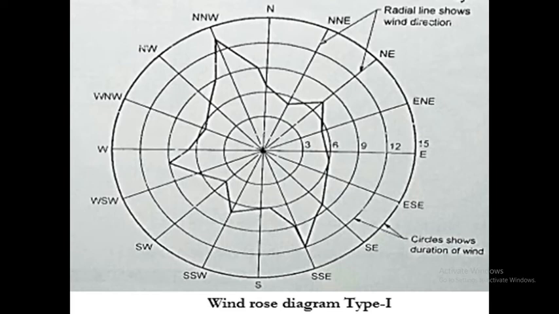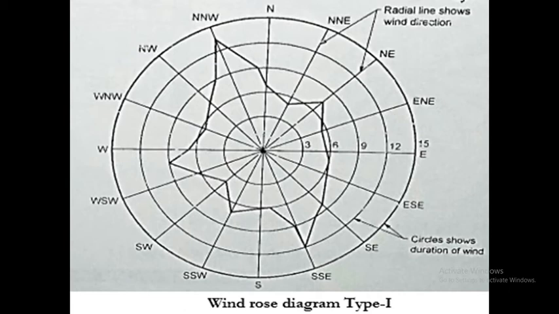What are the scales in this diagram? 3, 6, 9, 12 and 15. Are you clear? Total percentage of wind blowing in the north direction is taken from the collected value of wind data and this point is marked along the north direction. Suppose the data is collected from the south direction, then this data is marked in the south direction only. Similarly, east and west direction collected data is marked in the east and west direction only.